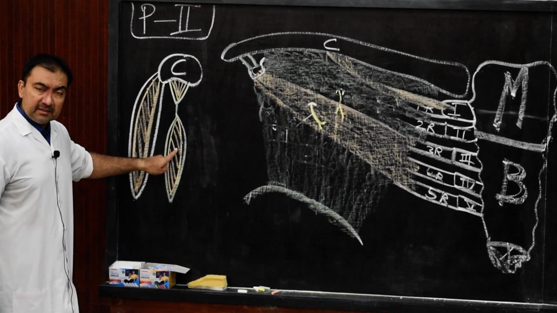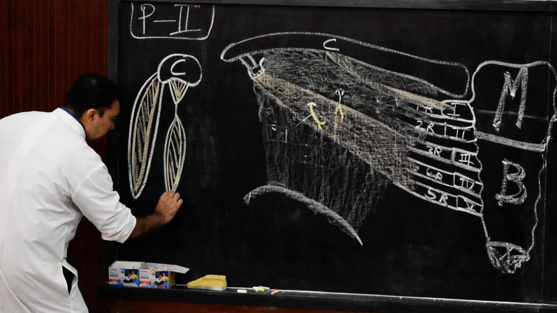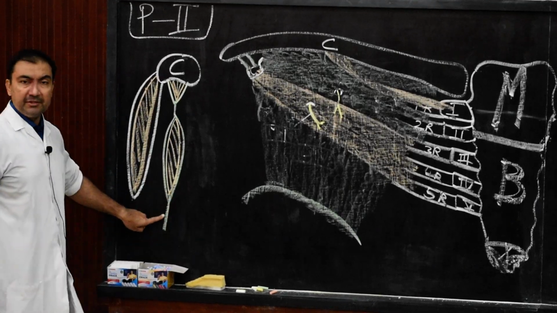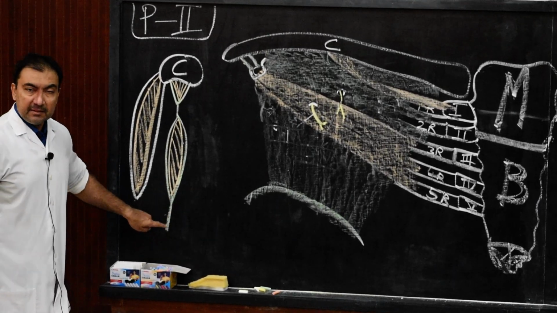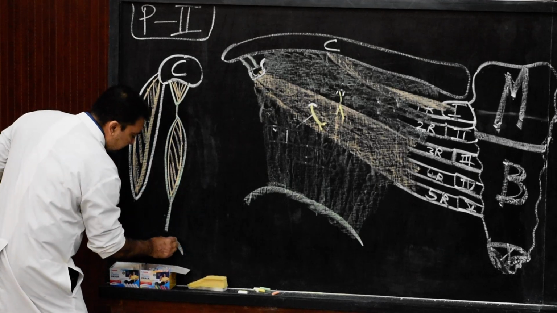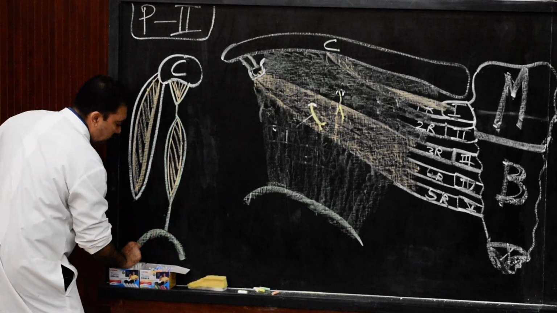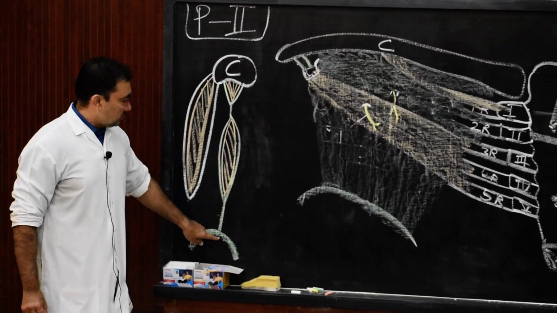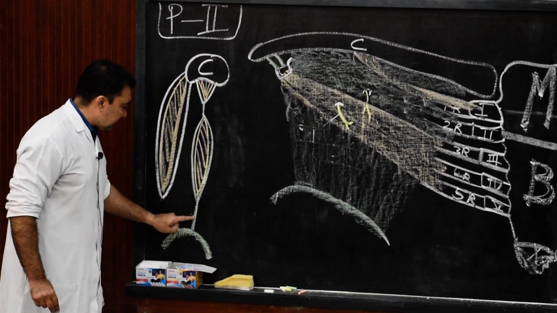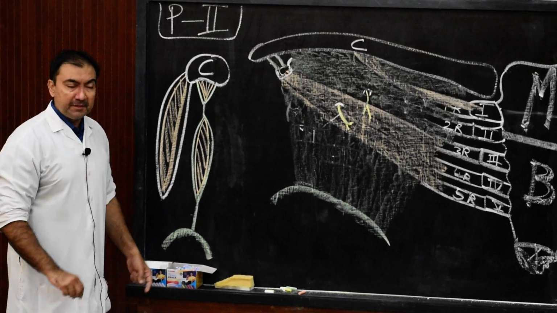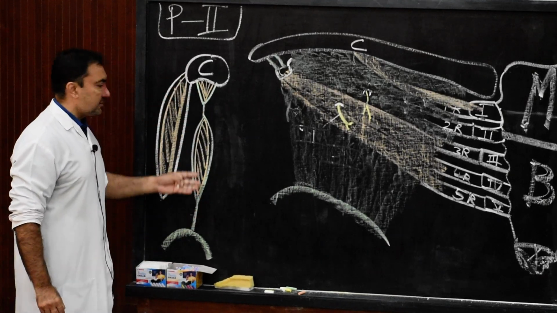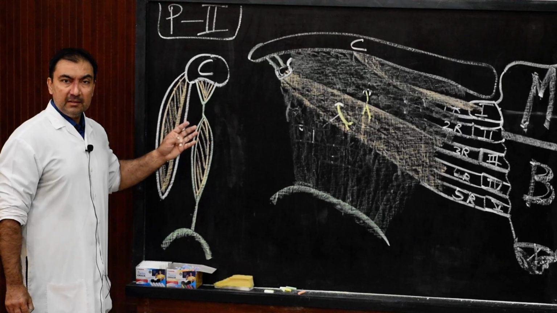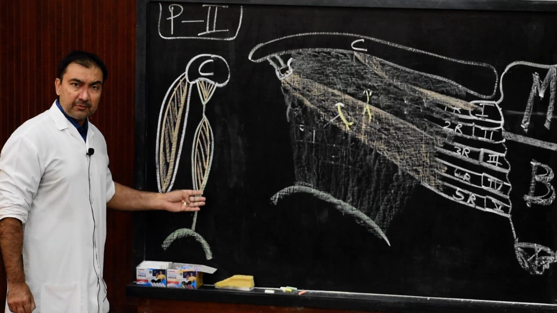This is pectoralis minor, it is enclosing. And then after enclosing, it will continue as suspensory ligament of axilla, till where it will be attached to this dome of axillary fascia. So this is the superior and this is the inferior attachment of clavipectoral fascia, and this is a sagittal section of pectoral region. Very important diagram, sagittal section of pectoral region.